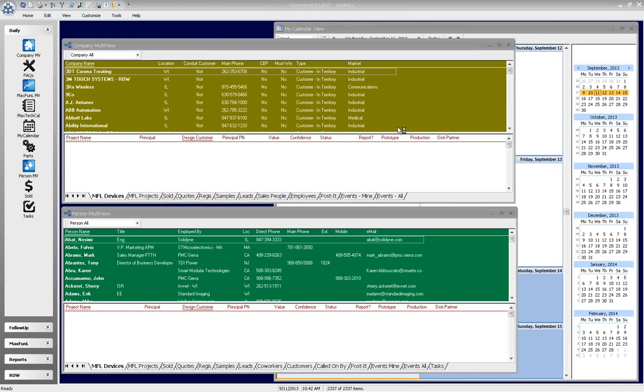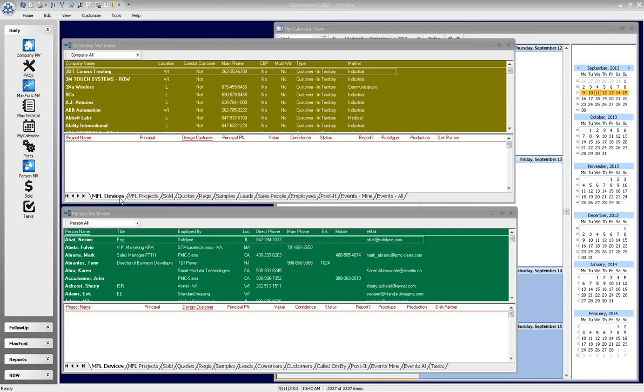This training module will cover the multi-view functionality of Commence. Multi-views are used in InfoMax as the most powerful tool to access all of your business data. What a multi-view is basically a view where the top pane in this company multi-view, or the top pane in this person multi-view, is linked to the data in the bottom, and you see all these different tabs here of